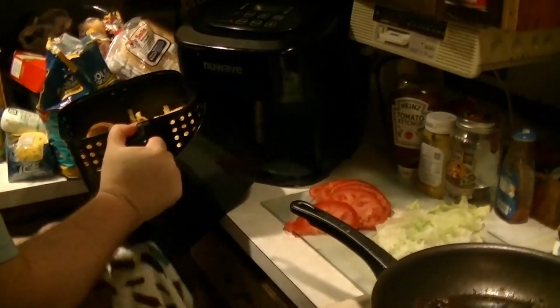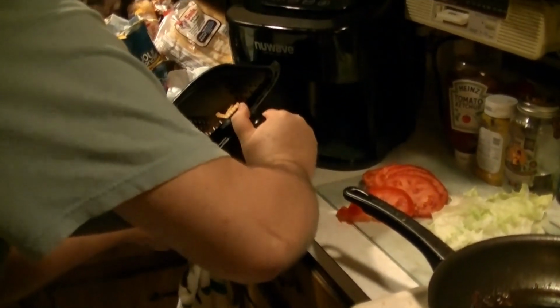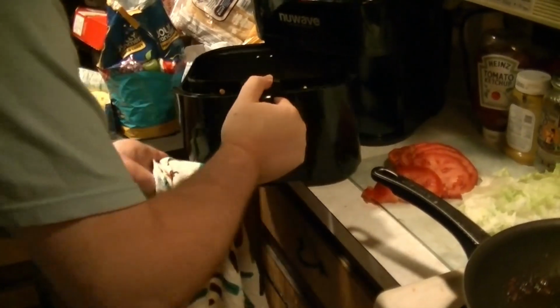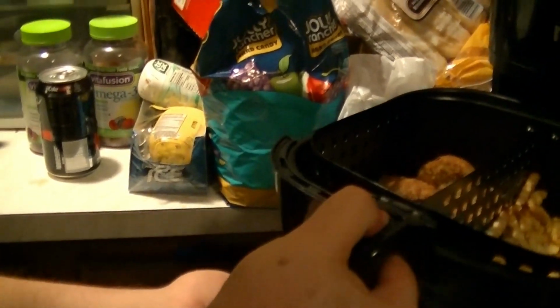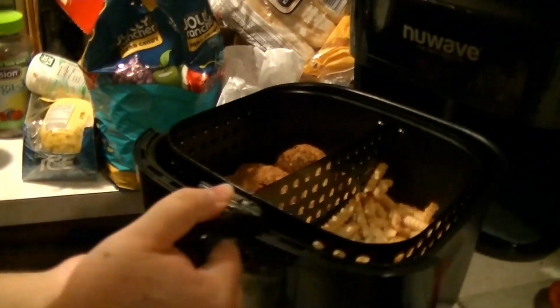Sometimes this happens too, where the basket will come off. You have to do this very, very slowly. It's too nice a job to rush. And you have to make sure that you don't touch the basket thingy-majig, the button on it. It comes down and connects. It's supposed to come down and connect, but well, let's just get it over here. Okay, okay. Let's do this. Okay. Give it another